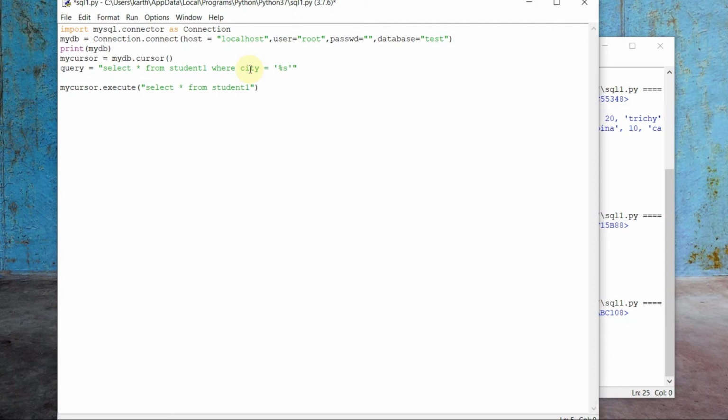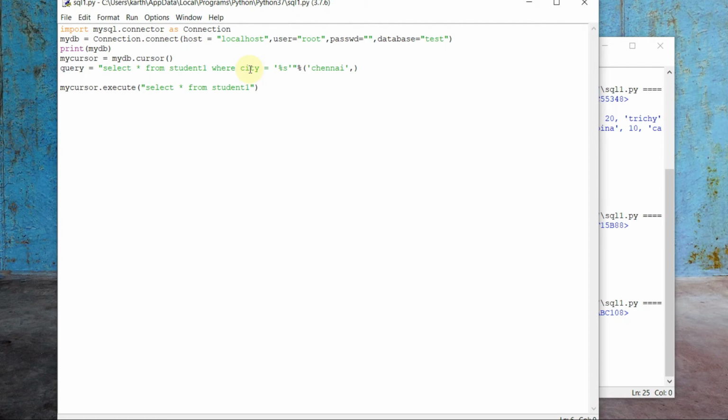There are different methods of specifying. The first one is by specifying in the same line percentage, and then in the form of a tuple, we need to give the single element which I need to fetch along with the comma, and this is a string, so I need to give it within the quotes.